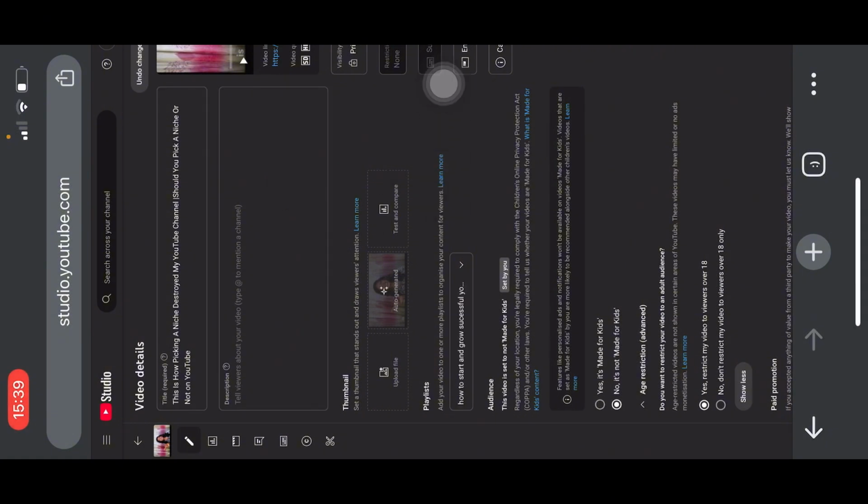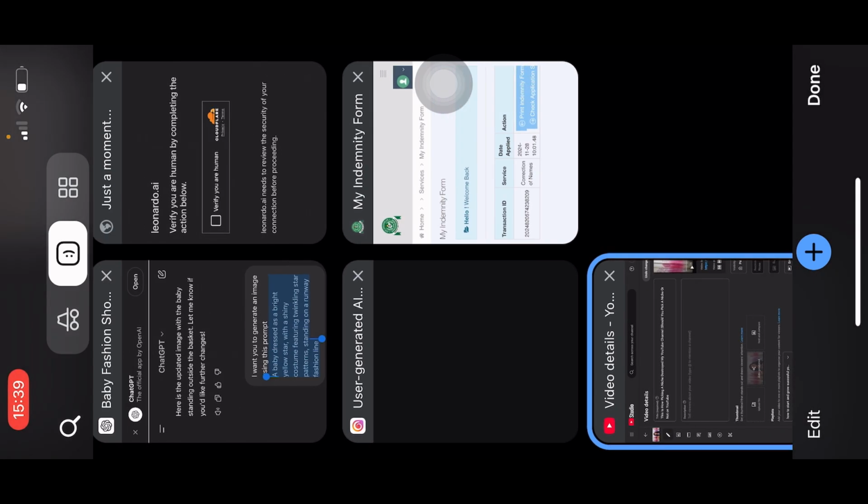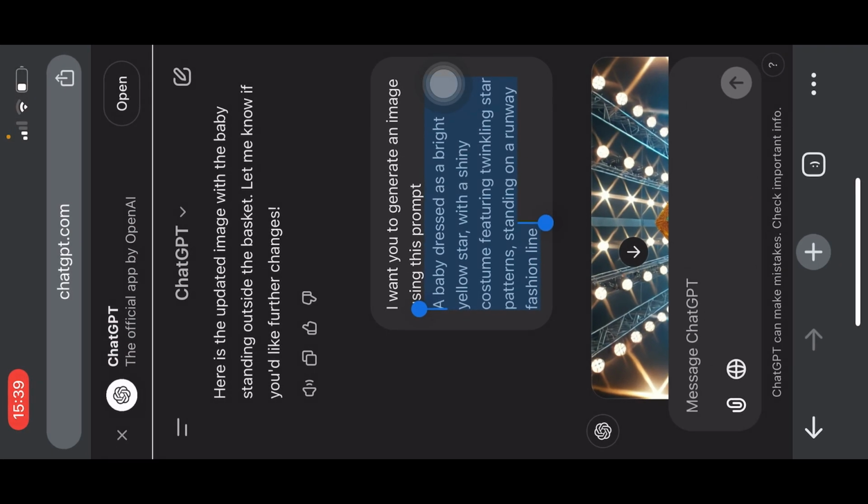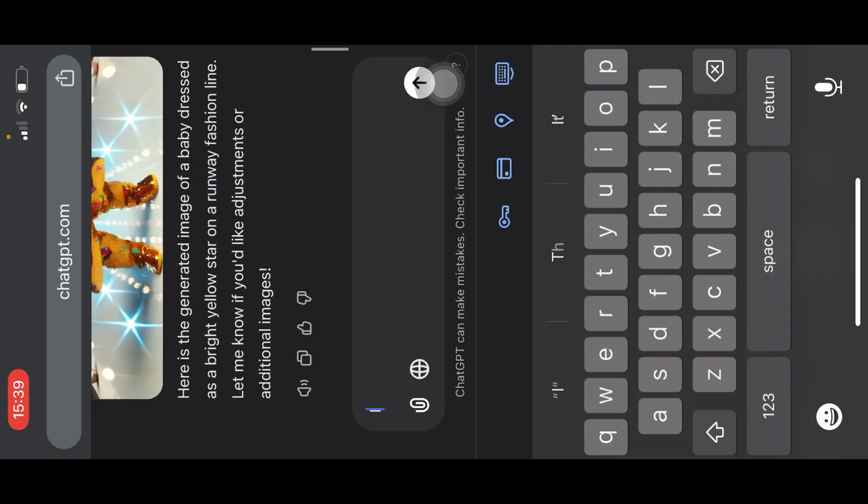Now the next thing again is this description box. This box, you have to pick it. You have to make sure that your description box has your keyword. I'm now going to go to ChatGPT. I'm going to come to this ChatGPT here, and I'm going to type in I made